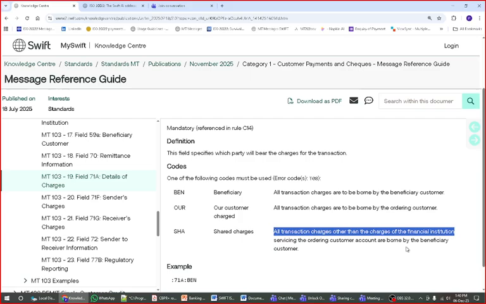Means your charges are getting divided, but other than the financial institution charges, which are separately mentioned, those have to be taken by the beneficiary. So in your example, wherever you see this, those charges are taken by the beneficiary, because those are other than the financial institution charges. When I say other than financial charges, it means a particular bank doesn't want that customer to be debited. In this case they will mention in